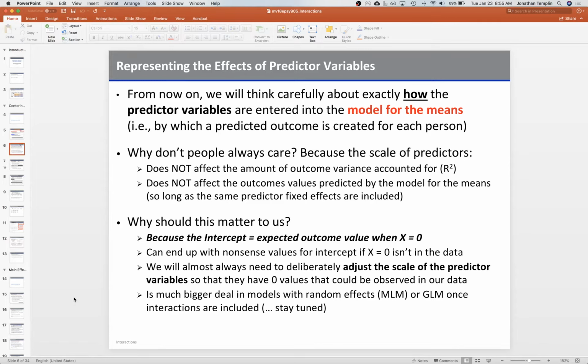So from now on, what we need to do is to think carefully about how the predictor variables are entered into the model for the means, because what we do with the values of the predictor variables has an impact on some of the fixed effects or beta coefficients. And we're going to see that pretty quickly when we move in, but the very first place that we see that is